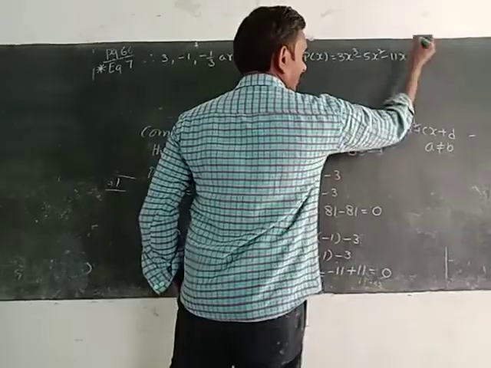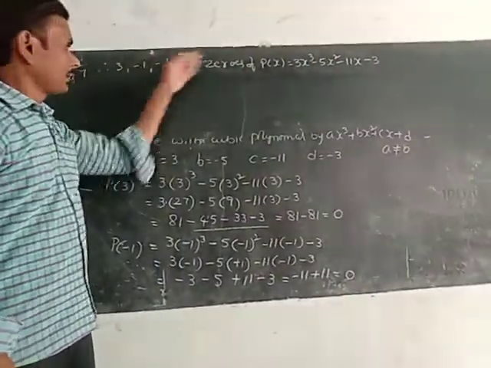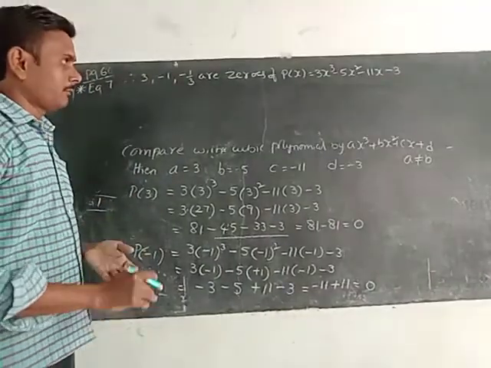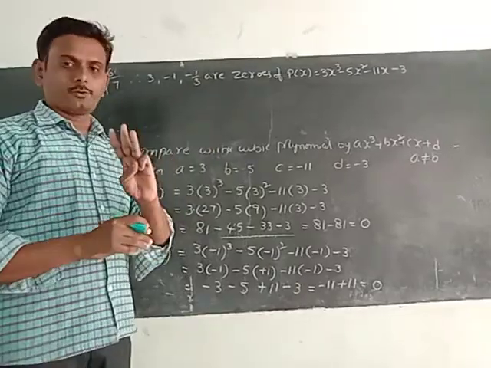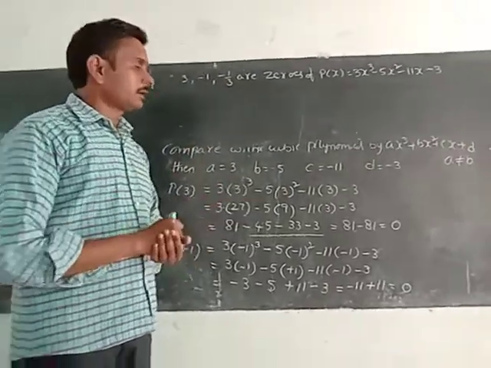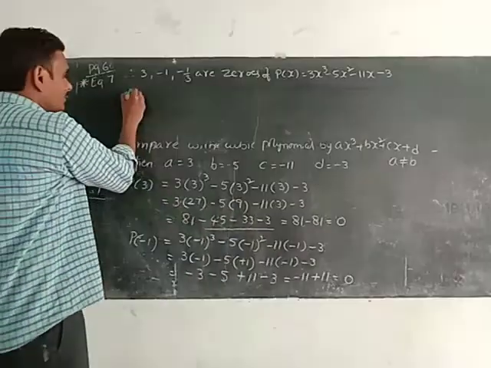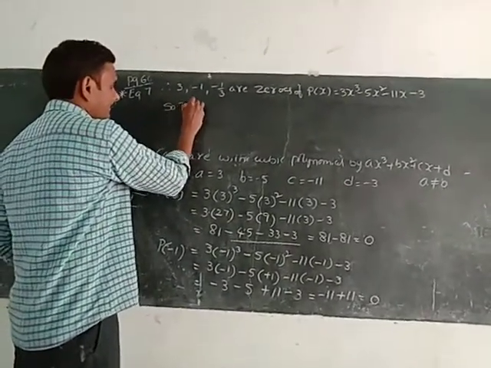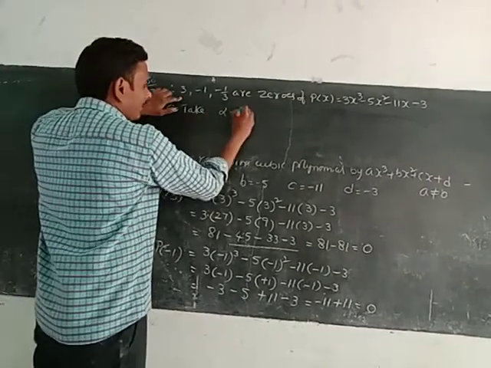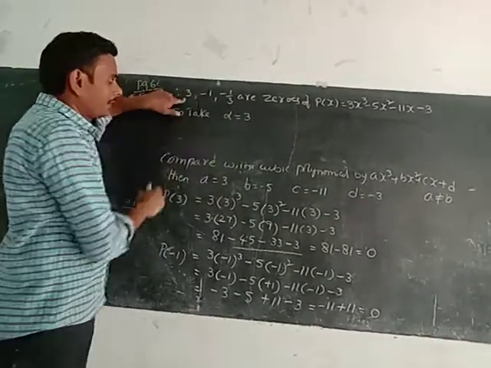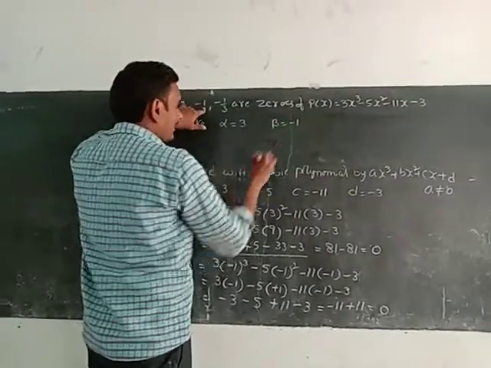Okay, from the first step we can observe that we have this expression only. Zeros of the polynomial: now, for a cubic polynomial, how many zeros are possible? 3 zeros. Generally, let us say the 3 zeros are alpha, beta, gamma. So take alpha equal to 3. The first zero we always take as alpha. The second zero, take as beta. Beta equal to minus 1.